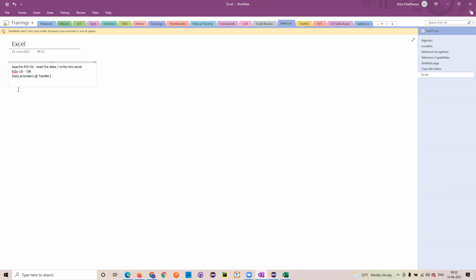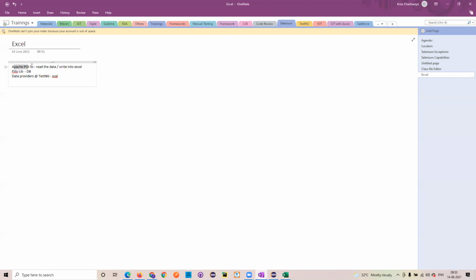So the advantage of using data providers is that there is no need to iterate, or no need to write the for loop for that. If I have 100 rows, by default it will read that data, iterate over it, and give it to us. I'll not get into the details, but at least you should know how this would work if I pass the Excel sheets over here. This you will try to understand.